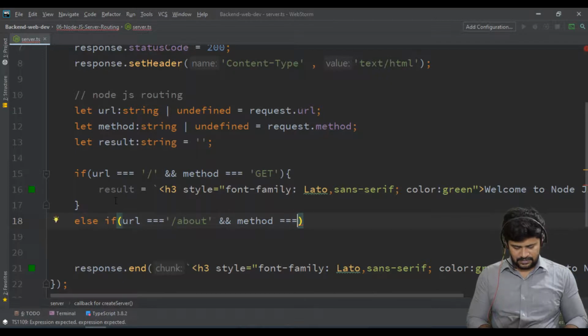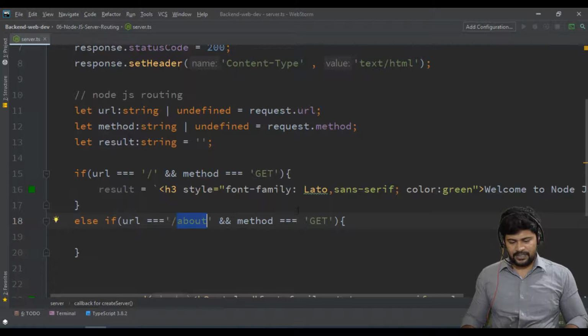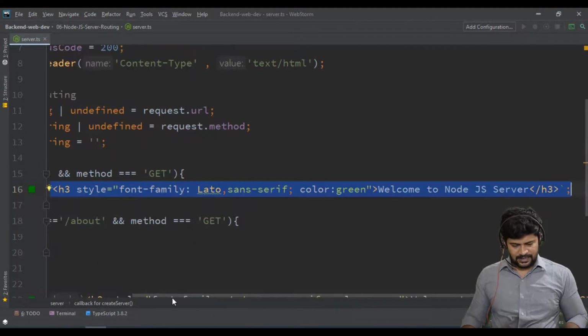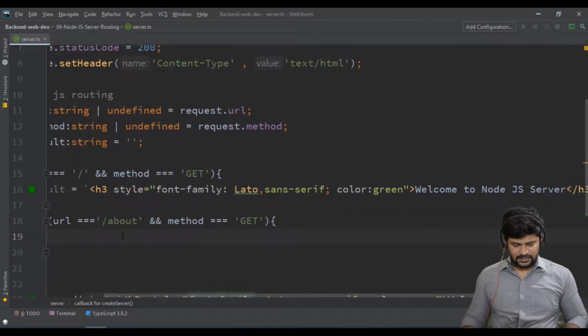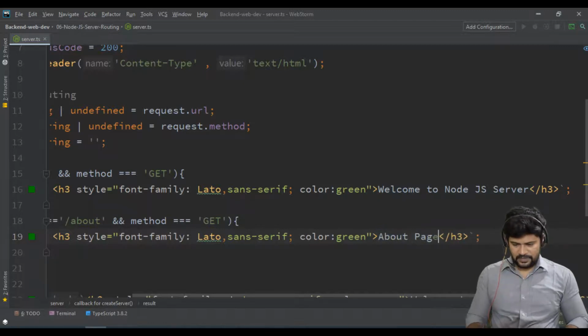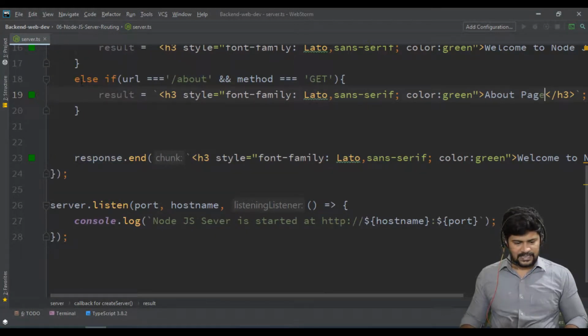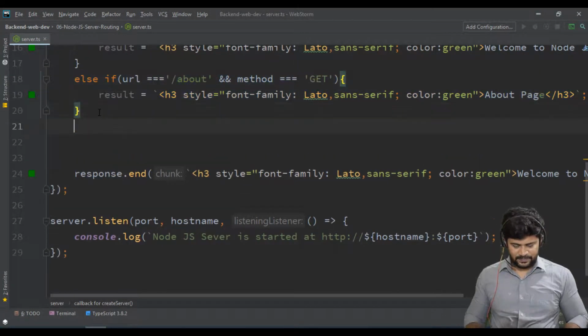Next, else if URL is equal to slash about and your method is equal to get. So if you're looking for slash about and your method is get, then which page to load? I will frame the response now, just a normal tag as of now. I say here about page, just simple for confirmation. Like this, let's make multiple things. Copy.